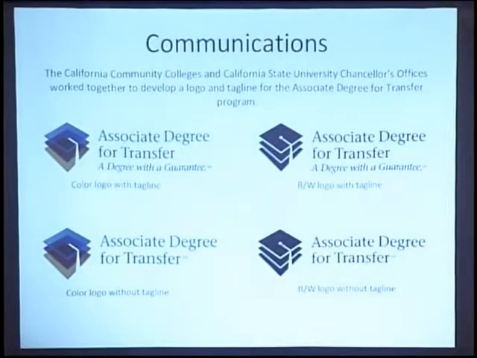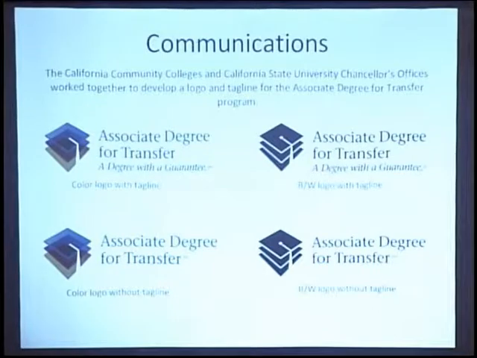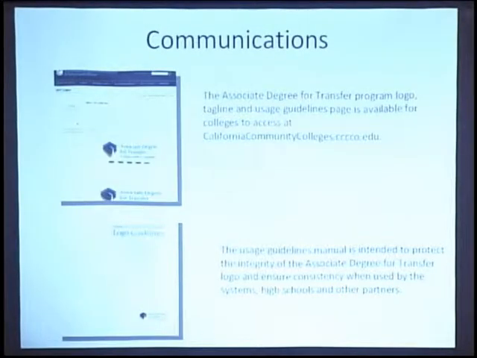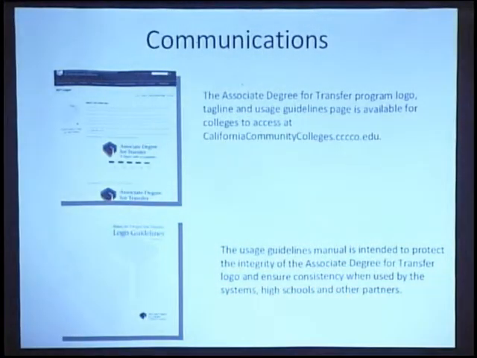A degree for transfer, a degree with a guarantee, with being the tagline that's meant to stop the reader and get the reader to want to learn more about the program. So we've developed that, and we've distributed the logo and tagline to all the community colleges for their use in catalogs. They're free to use it in their own marketing materials, so that is out there right now.